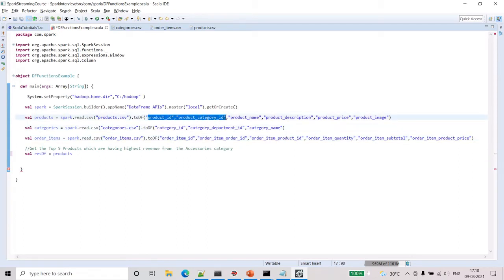So because of that reason I'm filtering out instead of taking entire columns. Let me filter this out now itself. Okay, first filtering and then performing the join. Product ID, product category ID, and I think this is enough. Okay, product name also needed for printing in the output, because we need to show what the top 5 products are. Now we have products with only selected columns. So now let's join that.